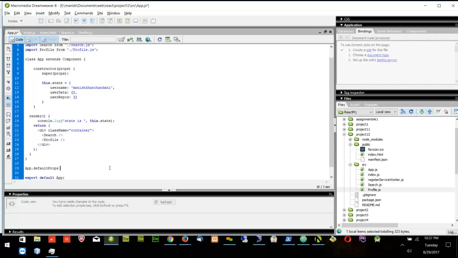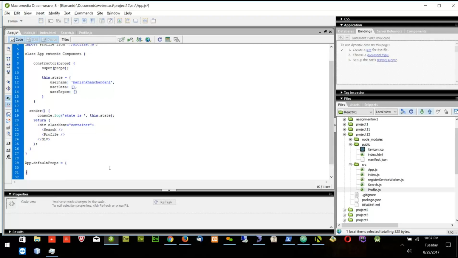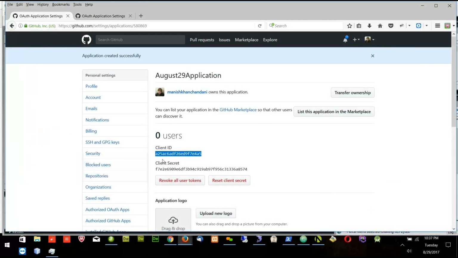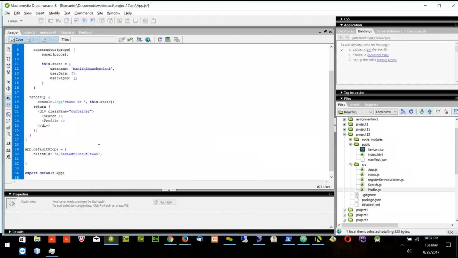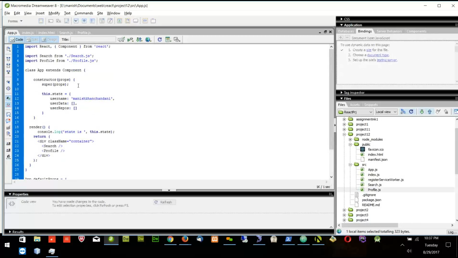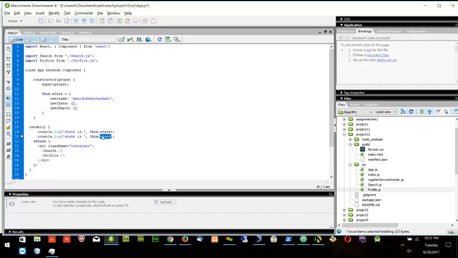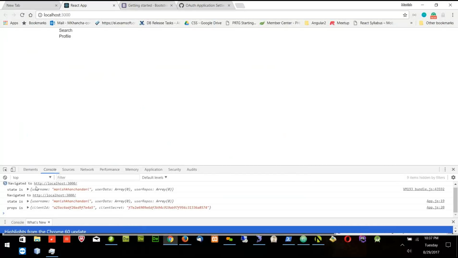Here I will pass one as client ID. We can pass n number of default variables here, but right now we need only two. The second will be client secret, and I'll pass the client secret here. Now if I run this and I say this.props, then I will get